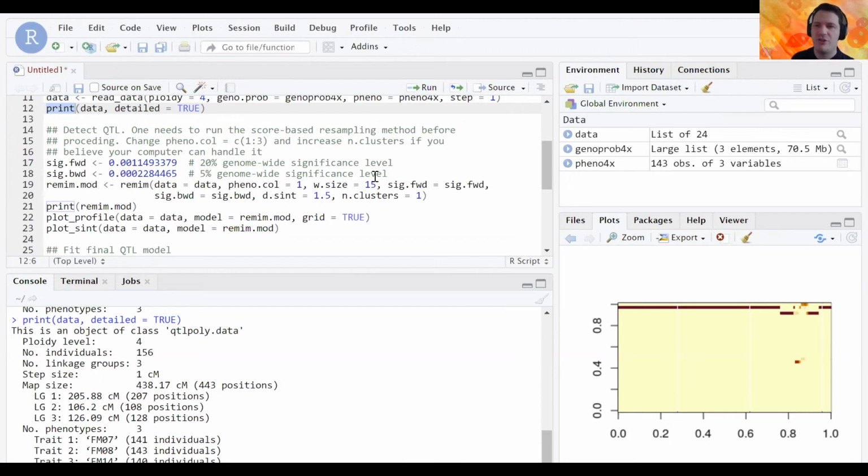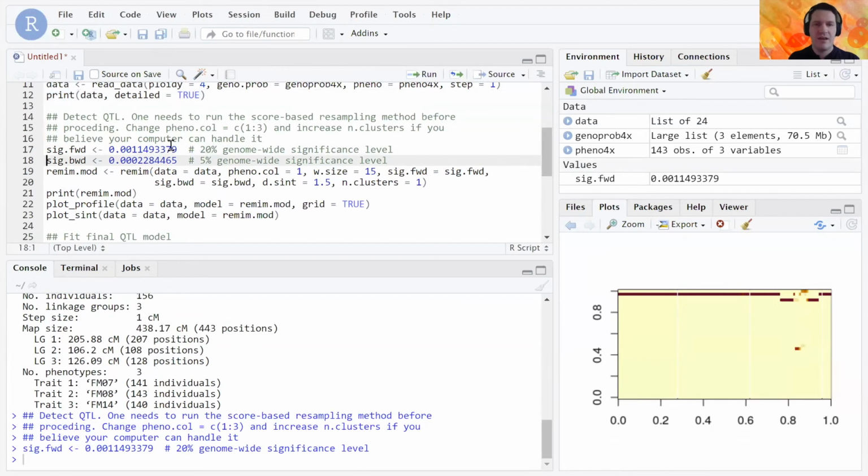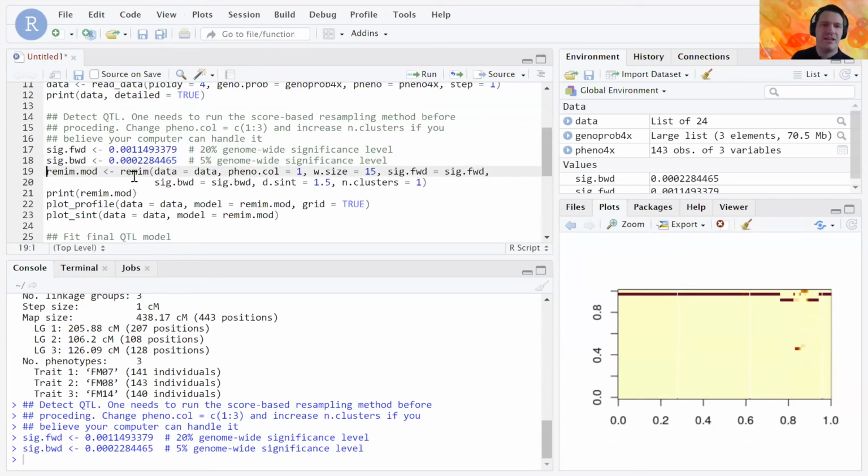I can actually show you in the tutorial how we run this method, and of course, this needs to be done for every population you have. So this is not a fixed value, right? So 20% genome-wide significance level is 10 to minus 3, and 5% genome-wide significance level is 10 to minus 4, right? So then we have this automatic function for doing the forward and backward